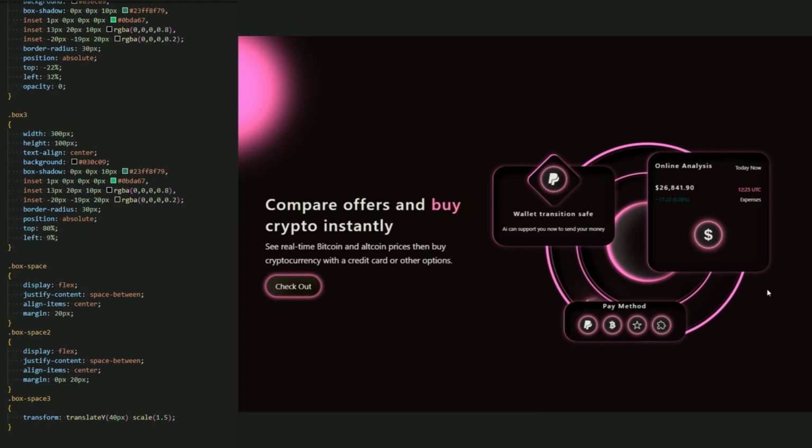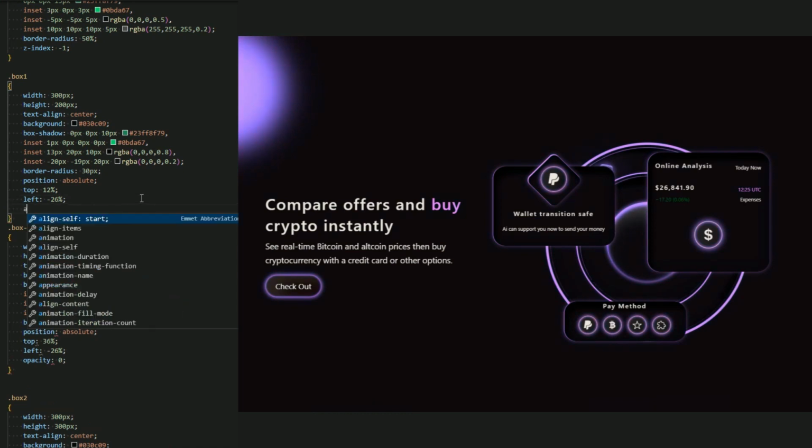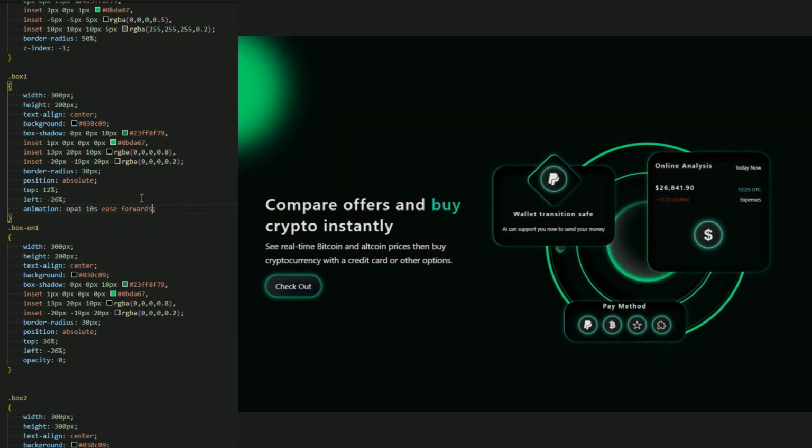Okay, in box one, guys, let me add an animation and name it OPA1, opacity 1, with 10 seconds, ease, forwards, infinite. Let me copy and paste it here for box two, to add opacity 1 instead of opacity 0.